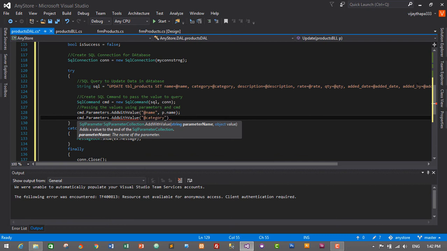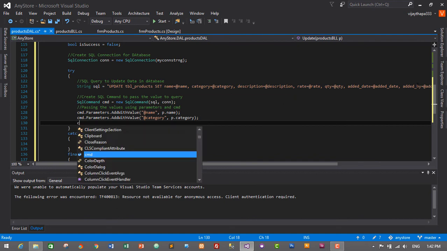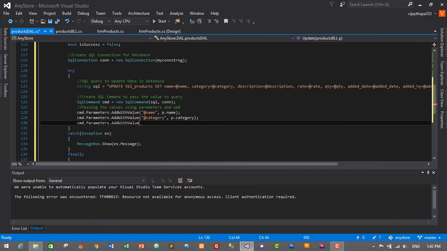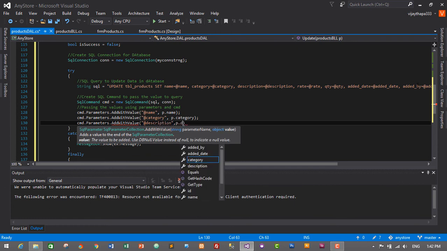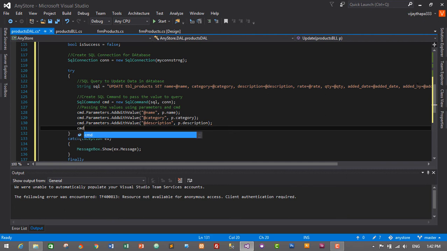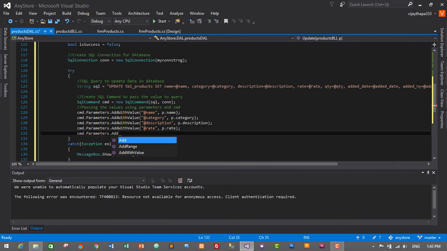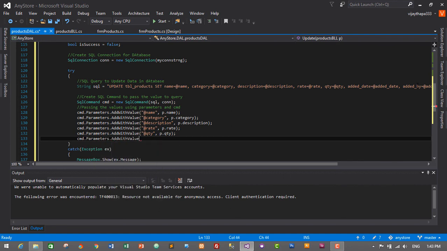@category, p.category, and then cmd.Parameters.AddWithValue description, p.description, and Parameters.AddWithValue rate, and p.rate, then quantity, cmd.Parameters.AddWithValue qty, and p.qty, and cmd.Parameters.AddWithValue, then